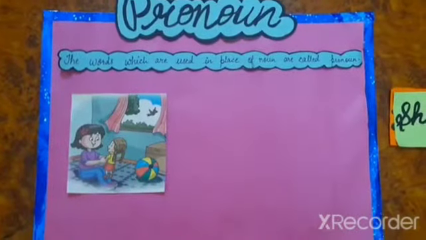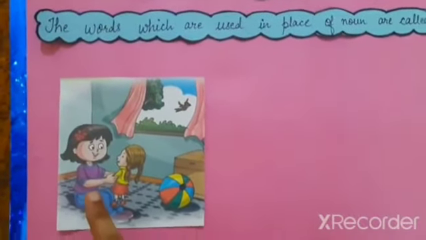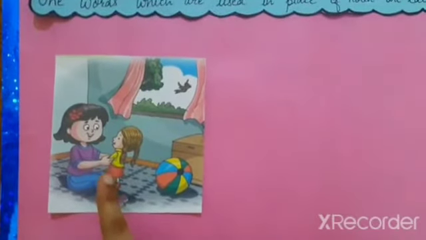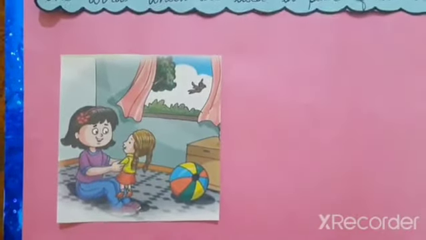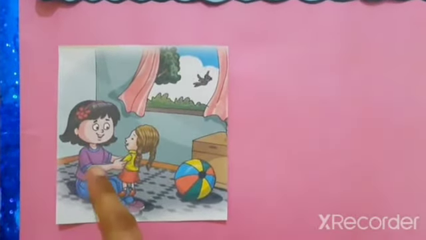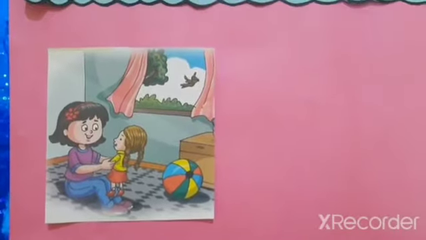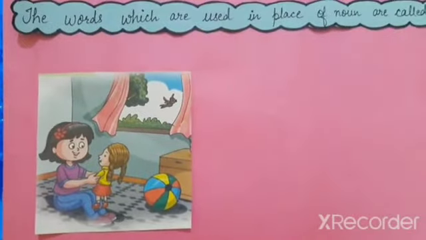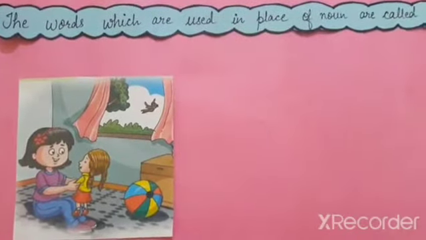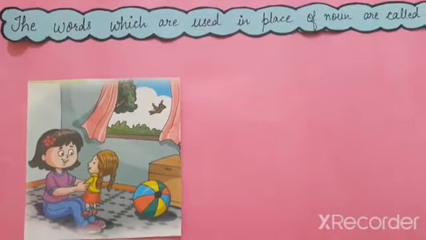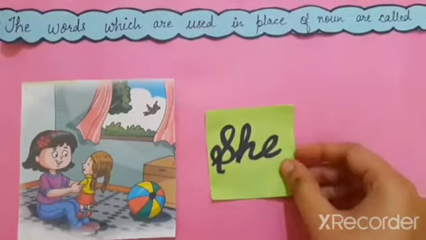Okay? Now next, let's take another pronoun. Here is a girl. So, the girl is playing with the doll. The girl is smiling. The girl is wearing top and jeans. The girl is wearing a red hairband. So students, does it look nice using the girl again and again? No. Instead of using the girl, we are going to use the pronoun she.